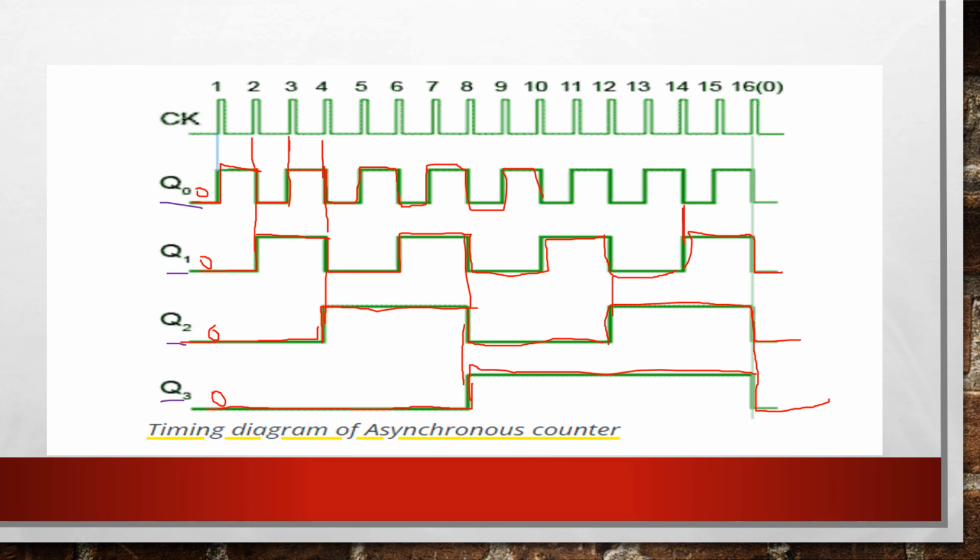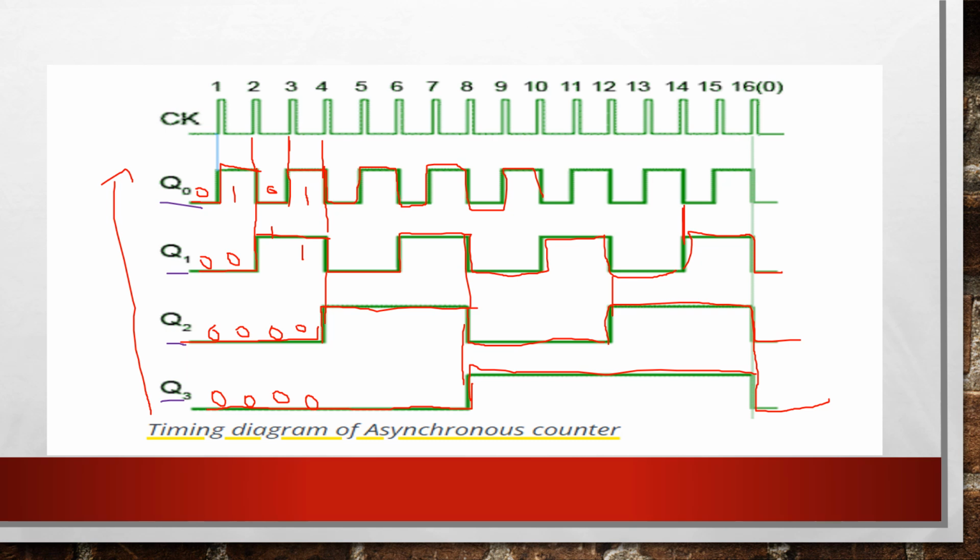So if you see at this point, the value for Q0 is 1. Here it is 0. Here it is 0. Here it is 0. For the next point, it is 0, 1, 0, 0, 1, 1, 0, 0. So, seeing from the reverse manner, that is from Q3 to Q0,